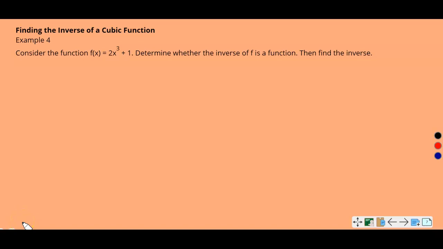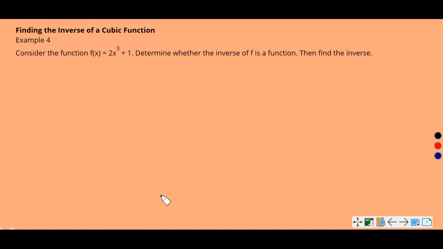Inverse of a function, part 2. So we're on example 4, finding the inverse of a cubic function. Consider the function f of x equals 2x cubed plus 1. Determine whether the inverse of f is a function. Then find the inverse. All right, so the easiest way to determine whether the inverse is a function is to